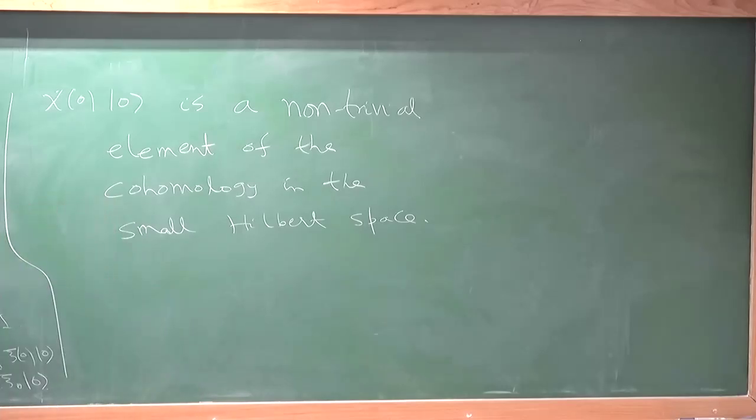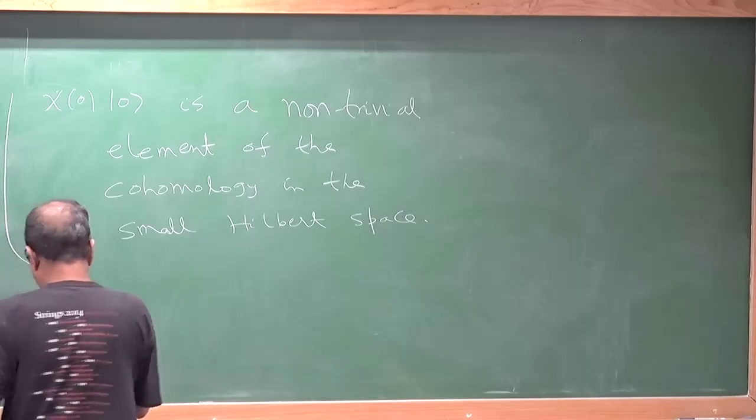Now, in order to prove that it is really an element of the cohomology, you have to show that there is no other state that you can construct such that QB on that state is given by chi of 0 on 0. Right? This you can show, right? You can show basically by